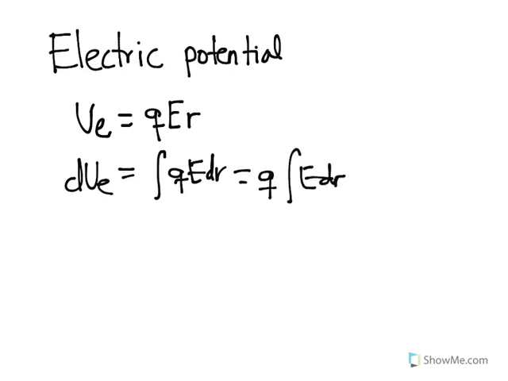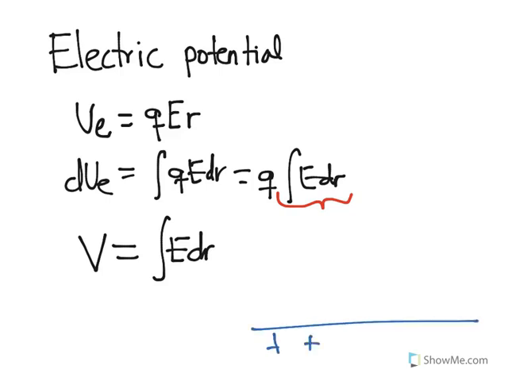So more important than the electric potential energy is, for instance, this quantity. And this quantity is going to be defined as the electric potential, and we define it as V. The electric potential is then the integral of E dr evaluated at a certain point. So for instance, if I have a source of electric field, let's suppose it's a positive infinite plate, which is exerting an electric field